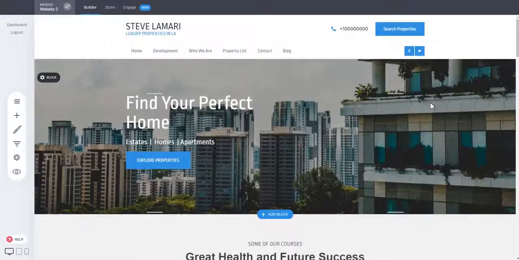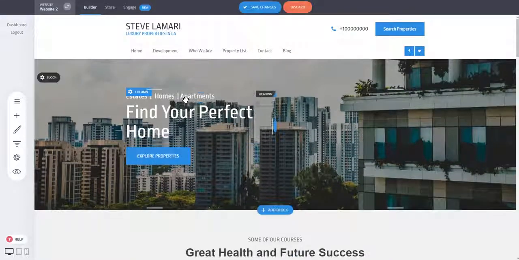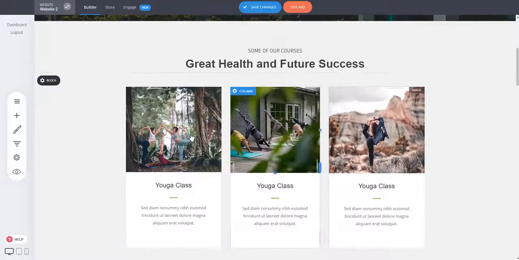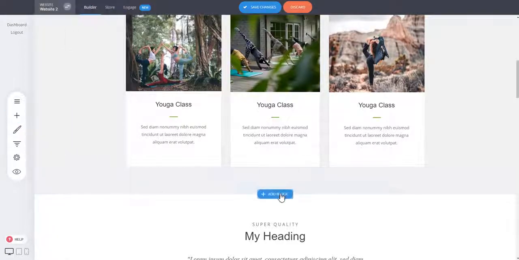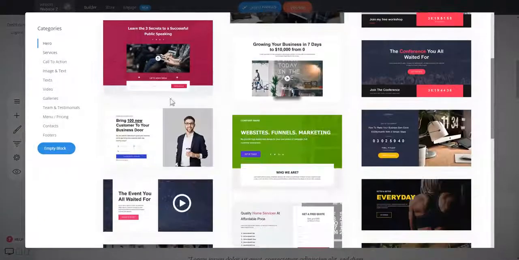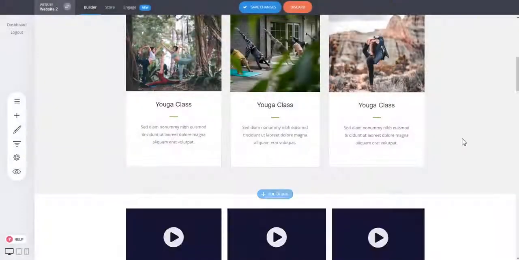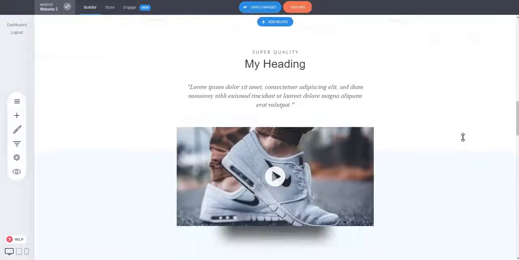So this is how you modify your content with the drag and drop, with the blue line indicating where the position of the element is going, by adding different elements from the plus icon, or just adding a whole section by clicking on an add block, and add any design into your designs. So this is how easy it is to build new pages, new websites, new funnels, and I hope that you